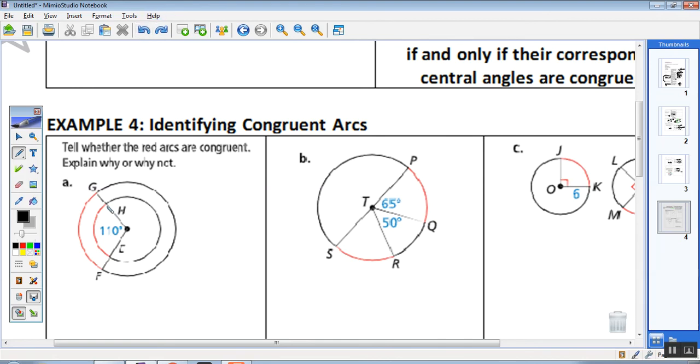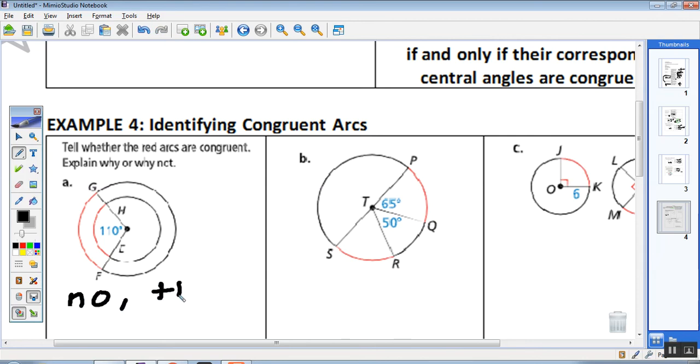Okay, first of all, what's the measure of arc GF? 110. What's the measure of arc HE? 110. Question becomes, are the arcs congruent or not, though? By measure, they are the same, right? But are they of the same radius? Are they of the same circle, in other words? Okay. So the question becomes, tell whether the red arcs are congruent. The answer in this one here is no,